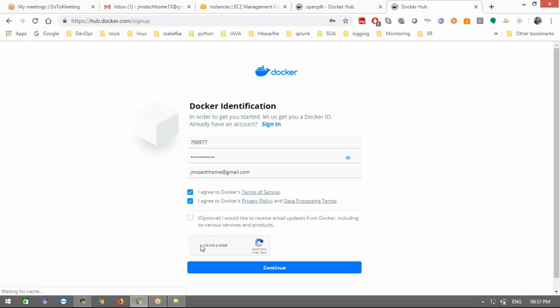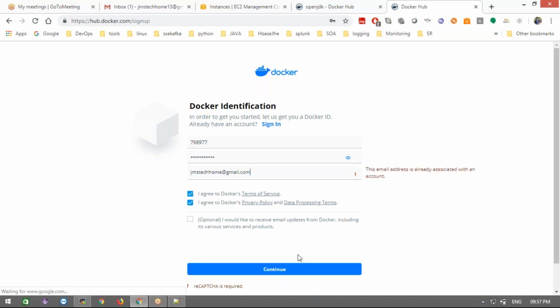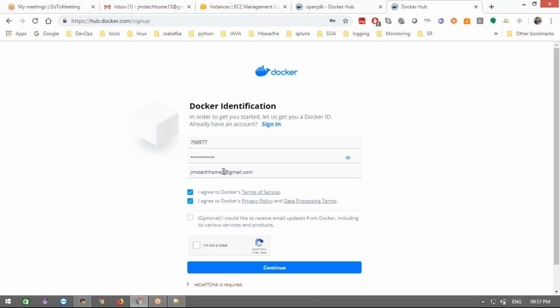This is optional. I'm not a robot. Just create the account now. This email address is already associated with another account. Okay, I'm going to create the account.